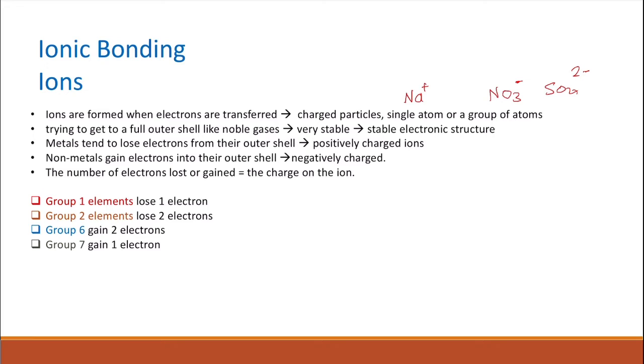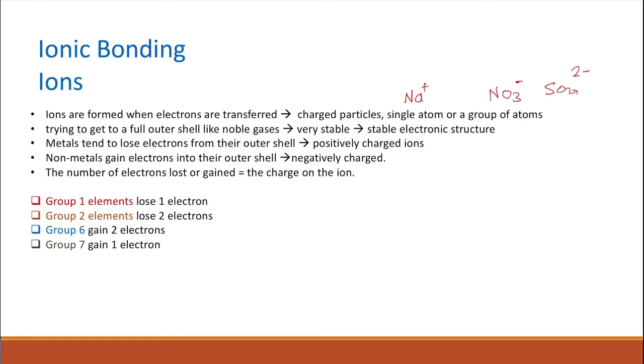You have to know that there is a specific number of electrons that an atom can actually lose or gain in order to reach the full outer shell. So if you look at group 1 elements, you're going to find that they always lose one electron to give a positively charged ion with +1. And group 2 elements, because they have two electrons in their outer shell, tend to lose these two electrons to give you 2+